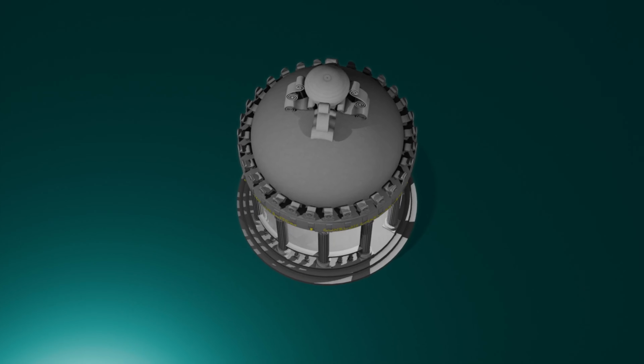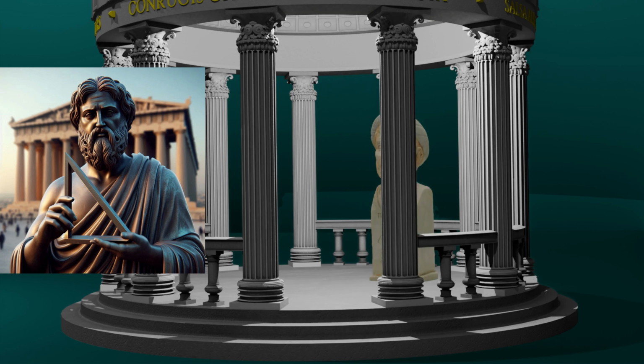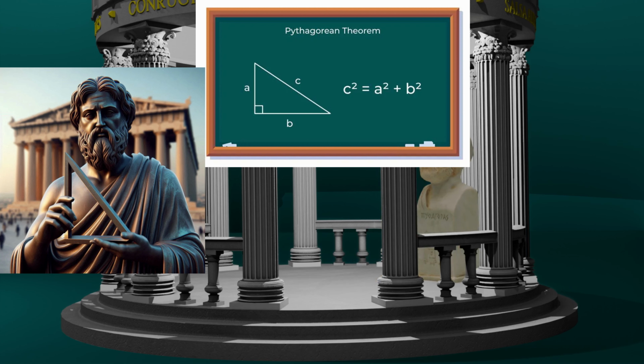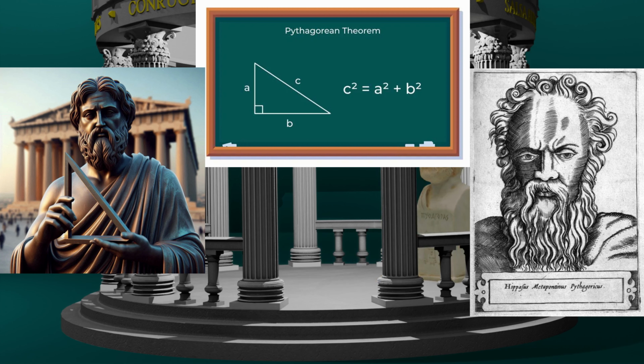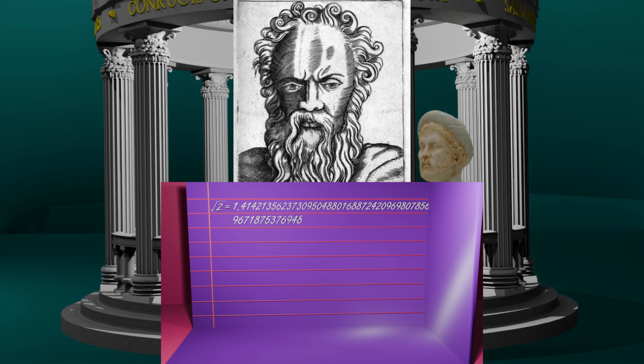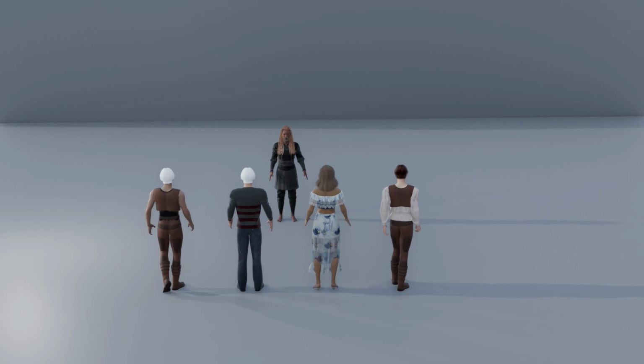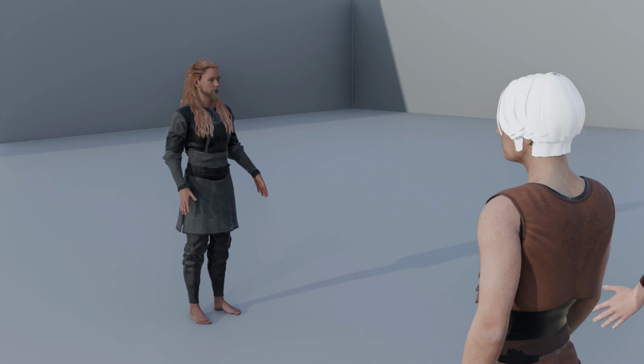The history of square roots is interesting. This is Pythagoras and the Pythagoras theorem was named after him. Pythagoras had a student named Hippasus. Using the Pythagorean theorem, he discovered that √2 is irrational and cannot be written as a fraction. We cannot find its value completely. He told this to his classmates, but they refused to accept it.